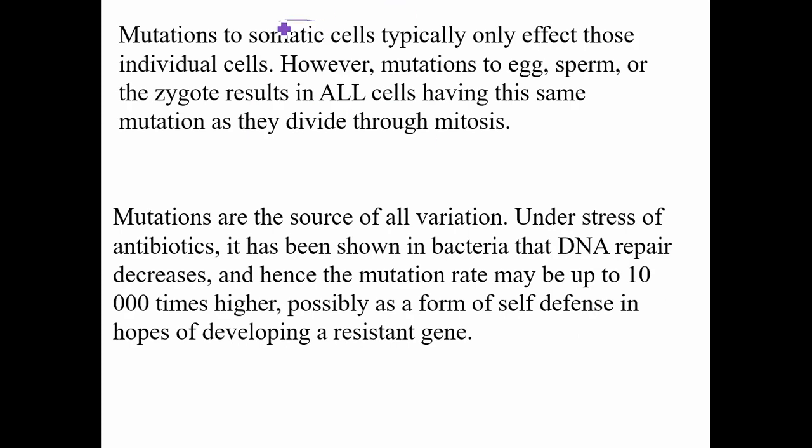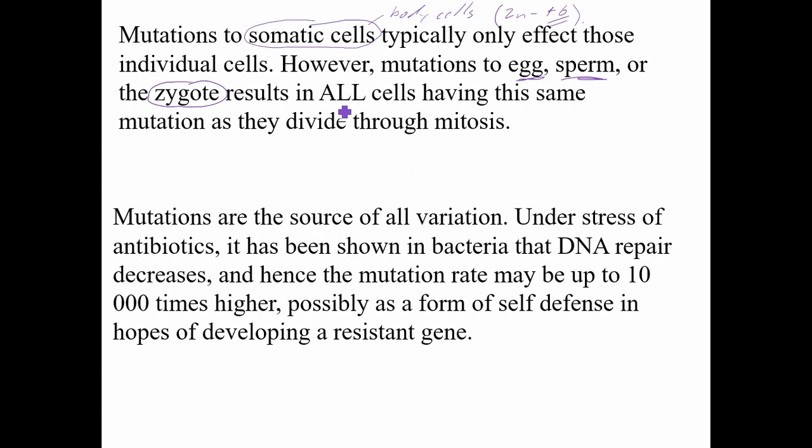Somatic cells are all of the cells in your body except for your sperm and your eggs. So sometimes we just refer to these as your body cells. And these, of course, are the ones that are diploid. And in humans, the number is 46 chromosomes that we're talking about. So if you are exposed to ultraviolet radiation, for example, from the sun, if it does cause mutations and damage to the DNA in your skin cells, those are your somatic cells, and that is not passed on to your children. However, if there are mutations to egg and sperm, and the zygote as well, which results after fertilization,